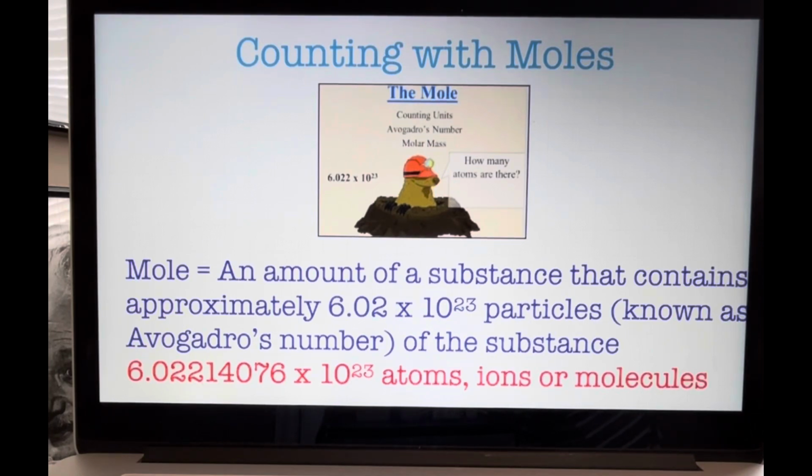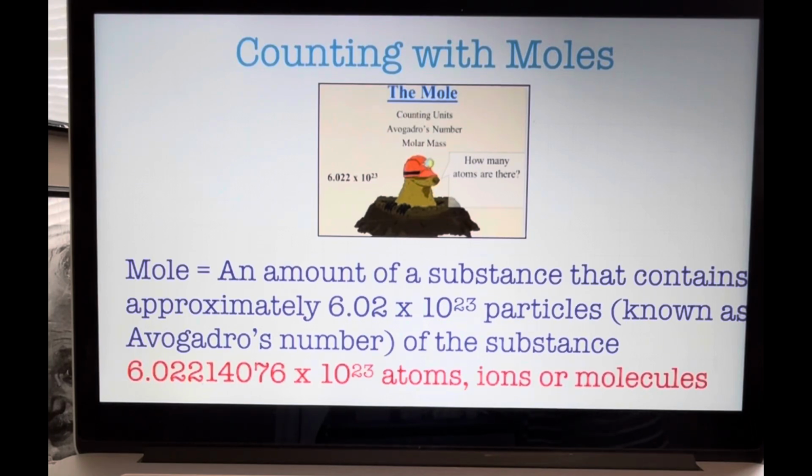But how would you count grains of salt from your salt shaker? Well, that's kind of how it is when you count atoms or molecules. To give a frame of reference, a single drop of water contains about 10 to the 22nd molecules of water. And each molecule has 3 atoms. It's impossible to count that many molecules, yet chemists need a way to talk about the large numbers of molecules